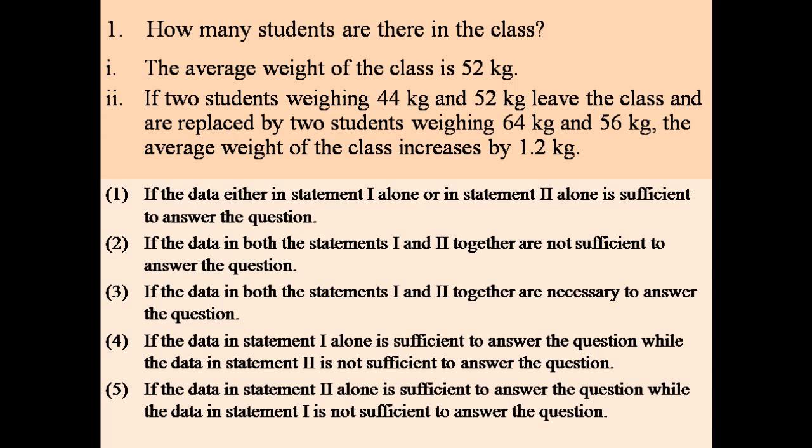What is an average? If you know what is an average, then it will be possible to answer. Average is calculated as the total sum of all the values, whatever may be the information that is being taken up, divided by the total number. If it is a class, for example, number of students we should know, that is what is to be found out as the answer. What is the individual mark of each student? Sum of all the individual marks divided by the total number of students will give you the average.